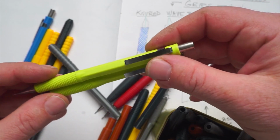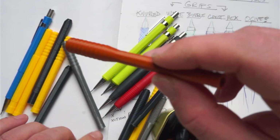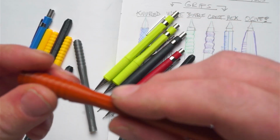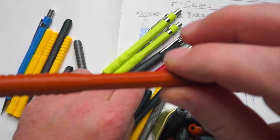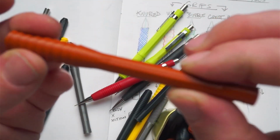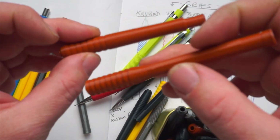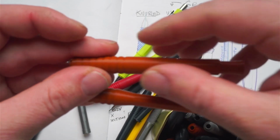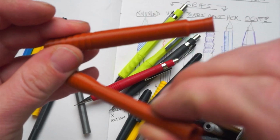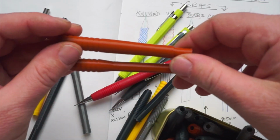Oh, and one more thing. All of the bodies behind the grips are generally 8.5 millimeter hexagons or nonagons, except for this ogive-shaped guy. But in the 12 millimeters, I made a version like kind of this chungus that has a very sort of fat back instead of the more tapered traditional drafting style back. One of the ones that I really love